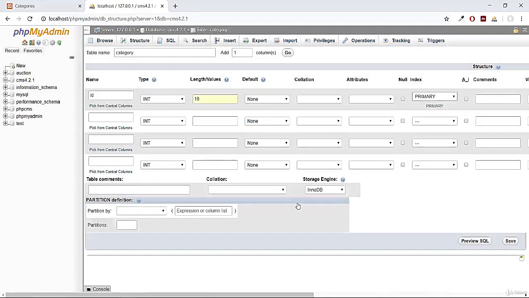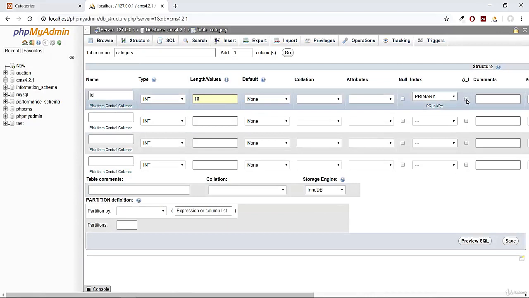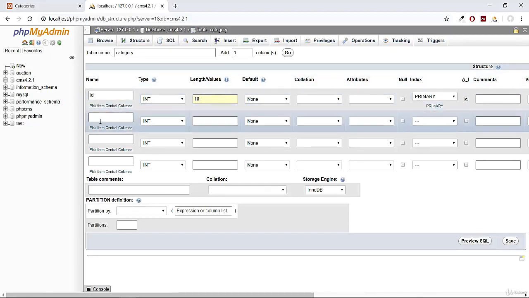Click on go. Now here you can see auto incremented. So also tick this auto increment because we will not add the ID manually by ourselves. We will make it automatic so that whenever some category is entered in our table of category, it will have an automated ID.